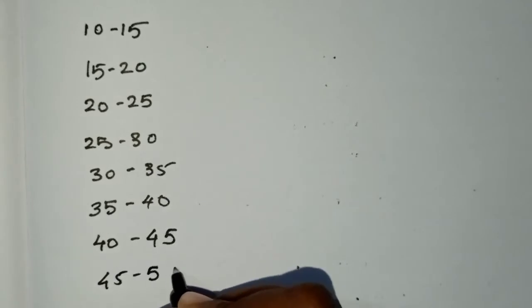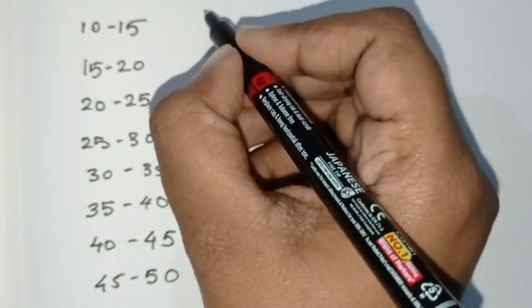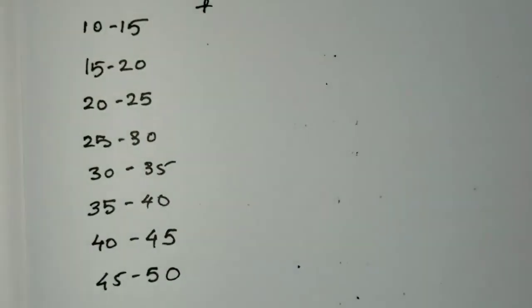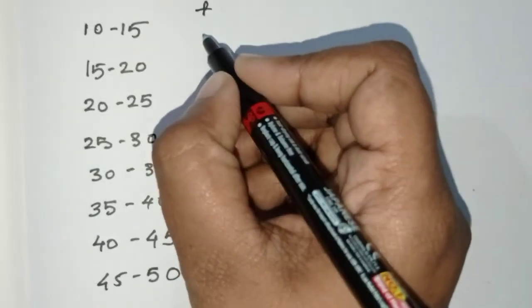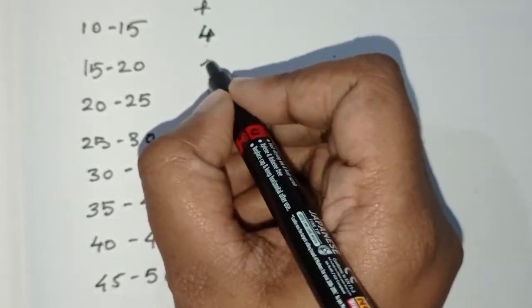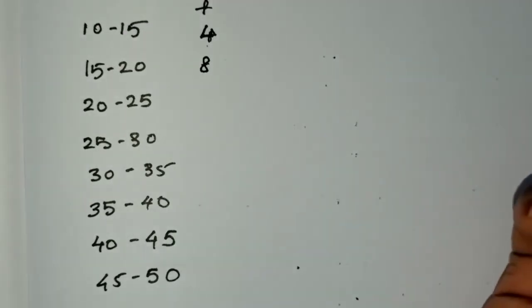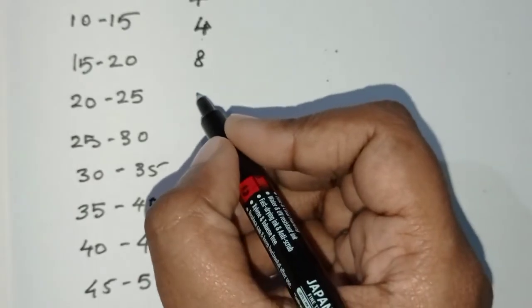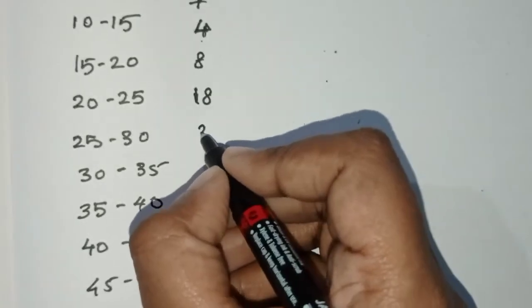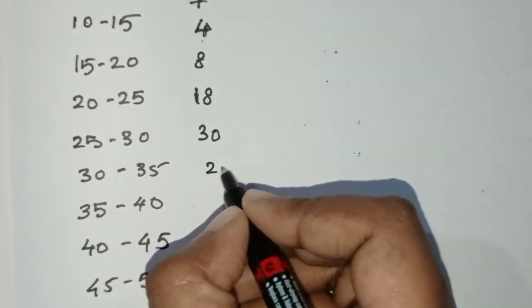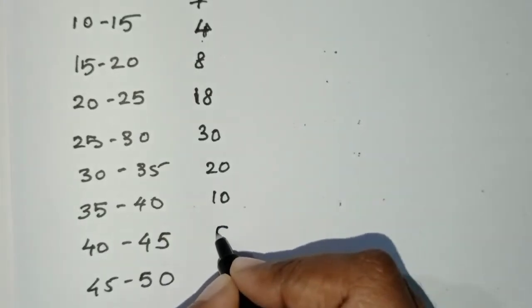Forty-five to 50. Now I'm going to write the respective frequencies. Now respective frequencies are 4, 8. I hope it is clear. 18, 30, 20, 10, 5